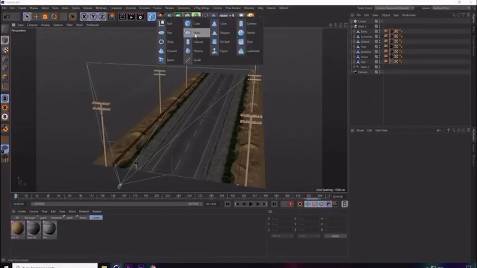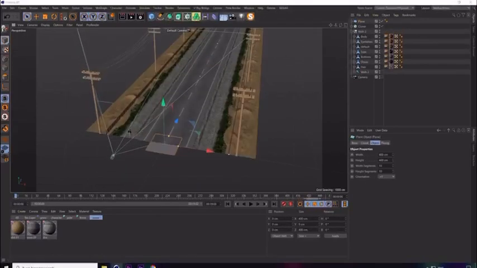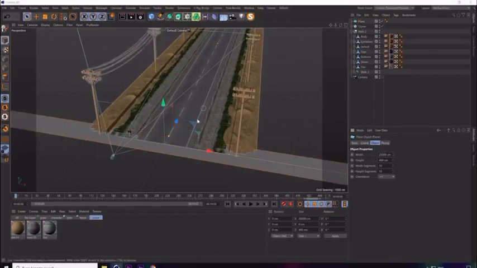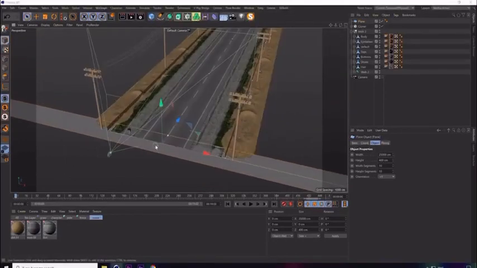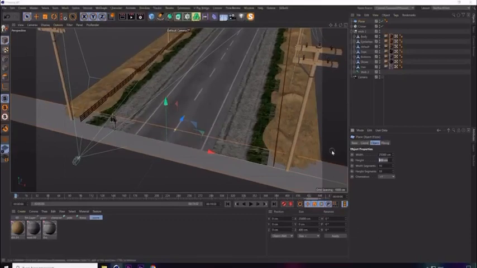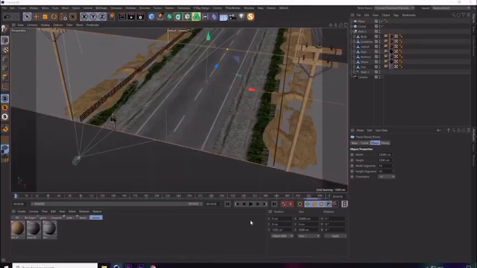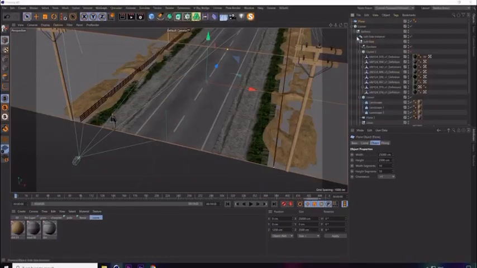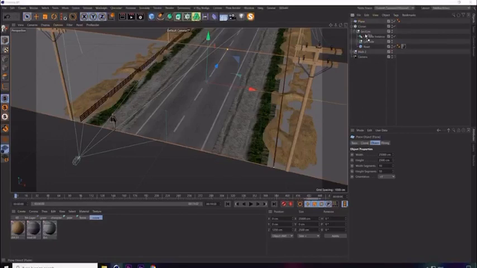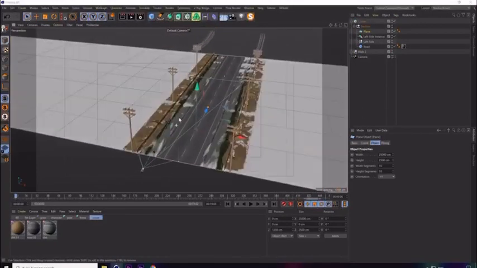And I will get a plane. Let's set the width of this to something really large. Let's say 25,000. And it's also going to have a length of 2500. And let's move this to 1250. So this is going to be inside of this null object so that it gets copied across to these 3